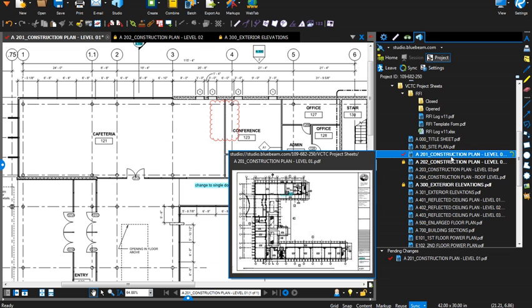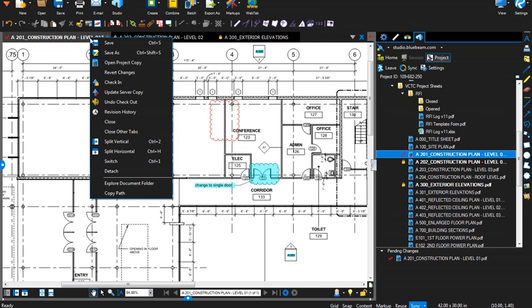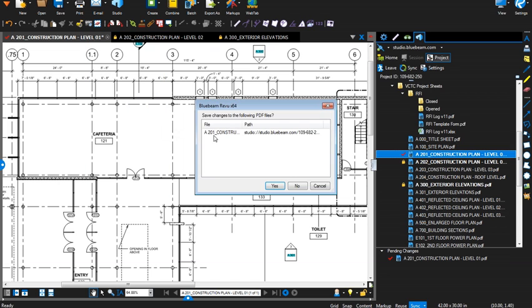Anyone else that comes into this project is able to see this document, but they would see the server copy. They would see the callout here that was on there prior to me checking out this document and adding my own cloud. That's what they would see. In order for these changes that I've just made to go back, I would need to update the server copy, which would allow me to send back these changes